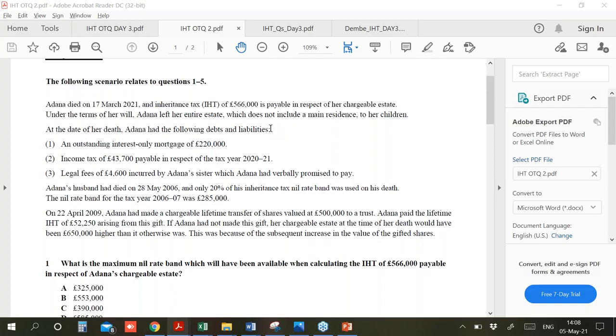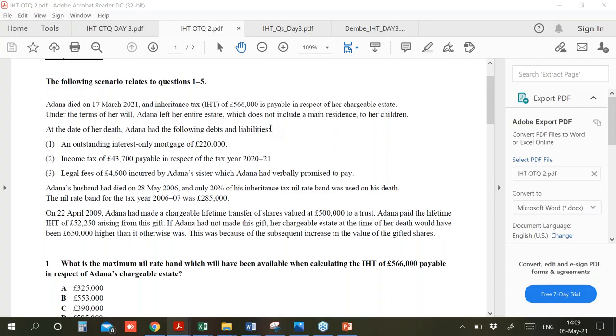For example, if I have bought a property from a bank and the worth of the property is 100,000, however, I have bought it on a mortgage. Until now, I have paid the bank 40,000 and 60,000 is still outstanding. What does that mean? My share of the asset is only 40,000. The 60,000 is still pending at the bank's end. So in my death estate, only my part of the asset should be included. That's why we always deduct the mortgage out of the property's value when calculating the death estate. However, interest only and repayment mortgages can be deducted. The only type of mortgage that cannot be deducted is an endowment mortgage.